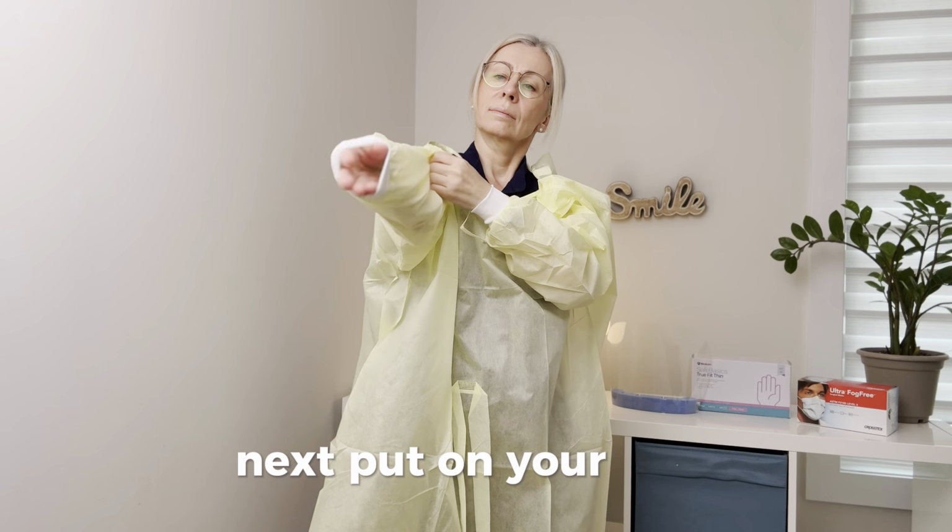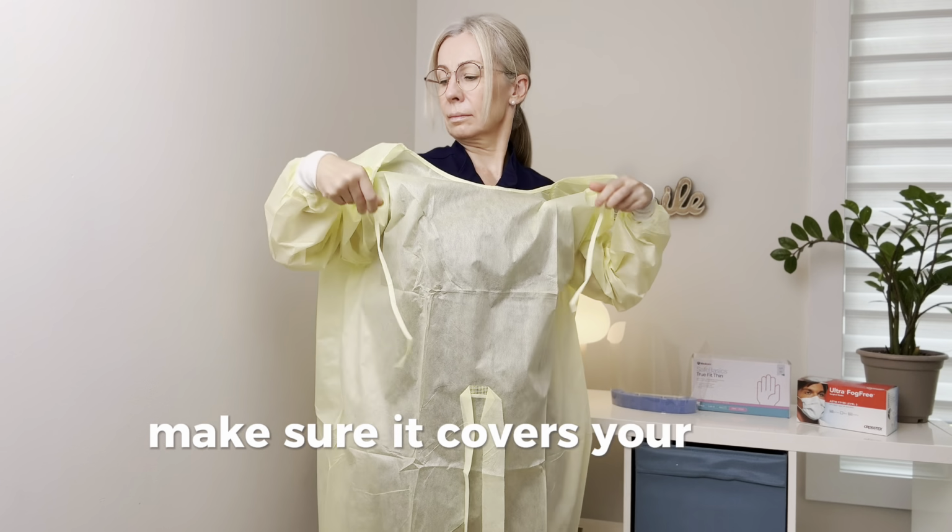Next, put on your gown. Make sure it covers your torso from neck